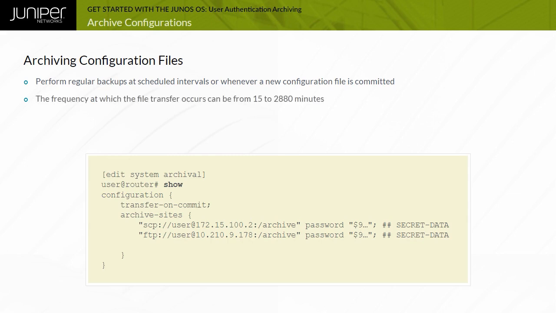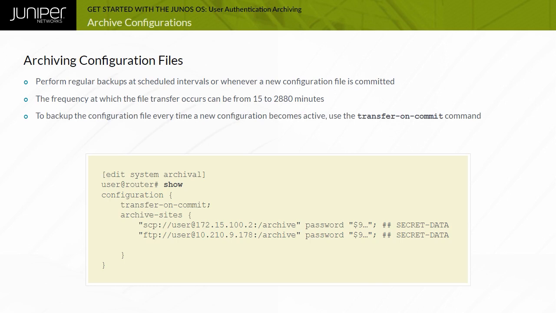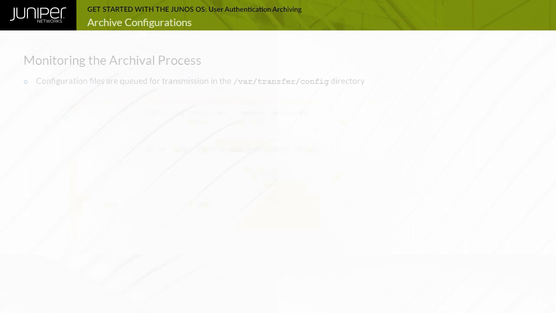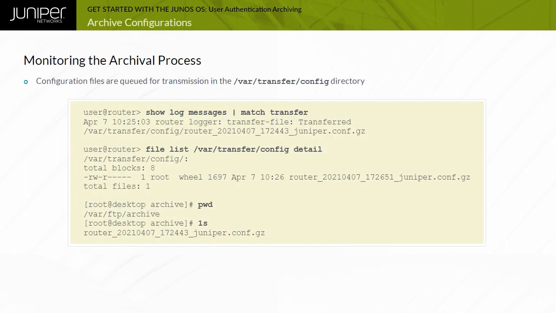The frequency at which the file transfer occurs can be from 15 to 2,880 minutes or 48 hours, and you can define this frequency. Alternatively, the configuration file can be transferred every time a new configuration becomes active using the transfer on commit command. Upon entering a commit command or reaching the specified time interval, the system copies the configuration file